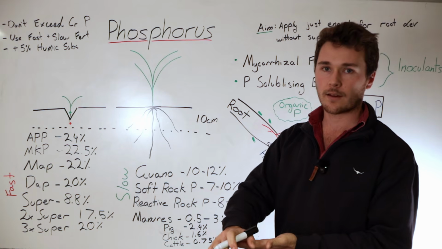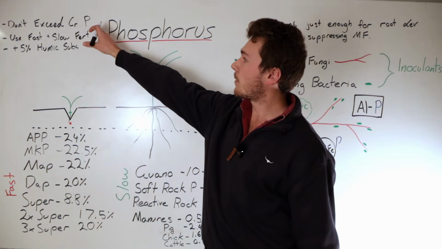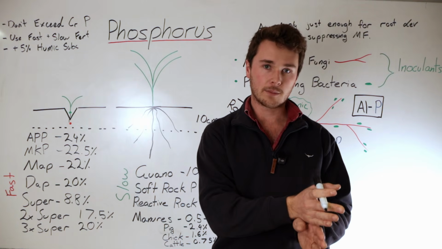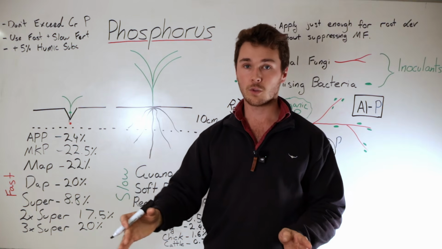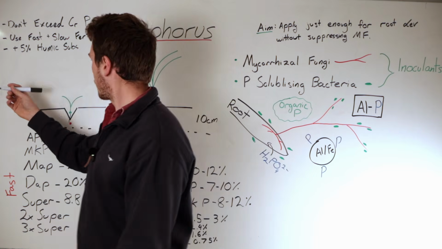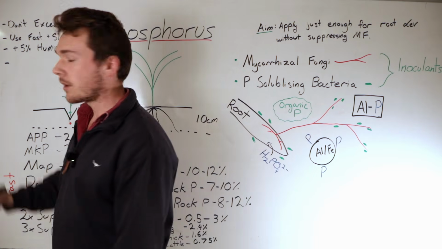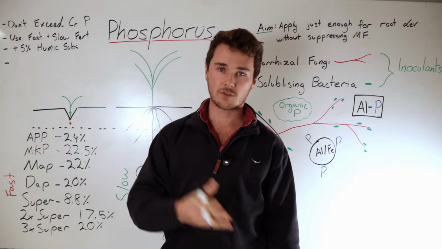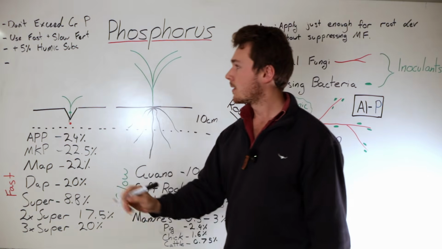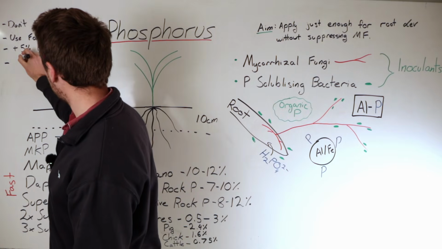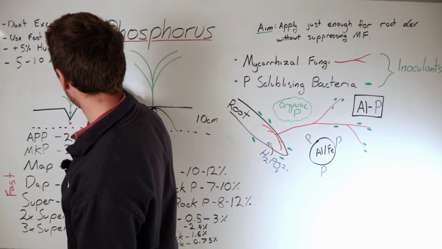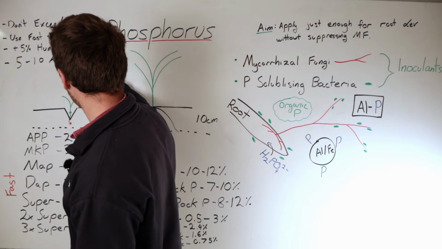So we want to make sure we build up to the critical phosphorus component, but we don't want to exceed it, and then we want to go to a maintenance rate. When we go to the maintenance rate, we have our typical application, and we can start going back to somewhere between 5 to 10 kilos of phosphorus per hectare. So from what I've seen, this is kind of the Goldilocks zone with phosphorus application to develop root systems without suppressing mycorrhizal fungi. So that's somewhere, again, between 5 to 10 kilos of straight phosphorus per hectare